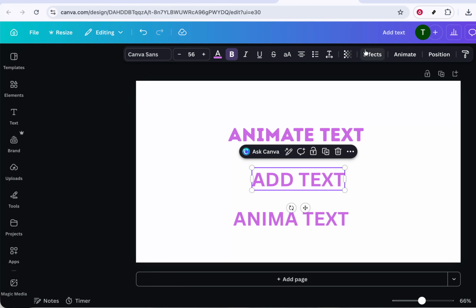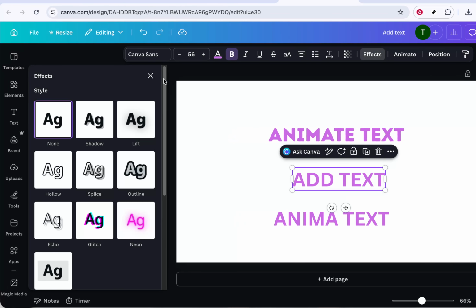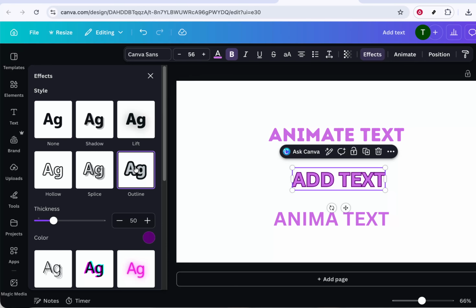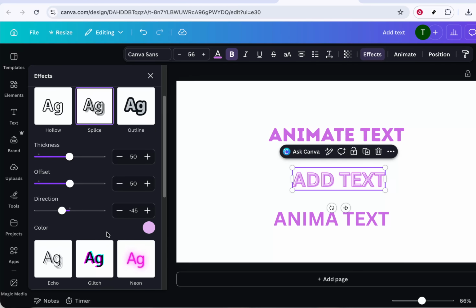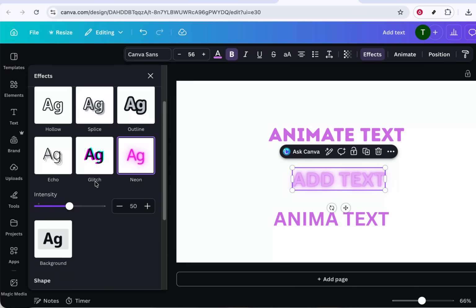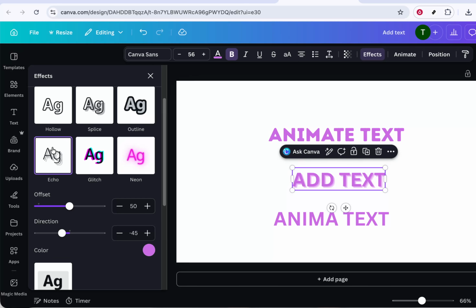Now that your text is selected, move your attention to the top toolbar of the Canva interface. Right above the design area, you'll see several options like font, size, color, and alignment. Among these, look for the button labeled Effects. Click on the Effects button and a panel will open, usually on the left or just under the toolbar, depending